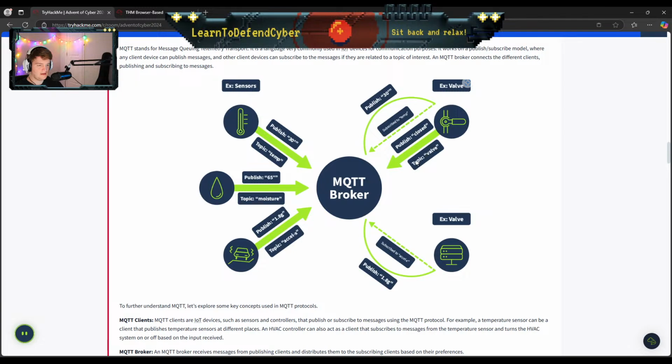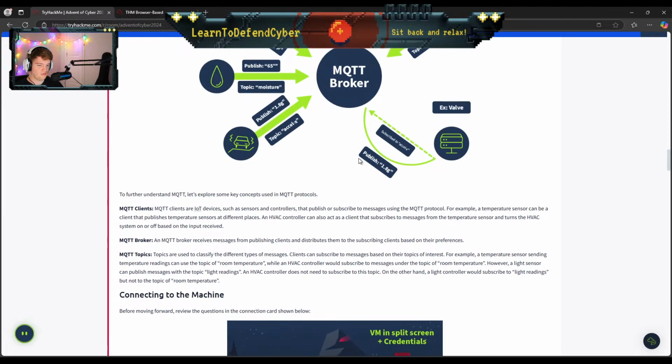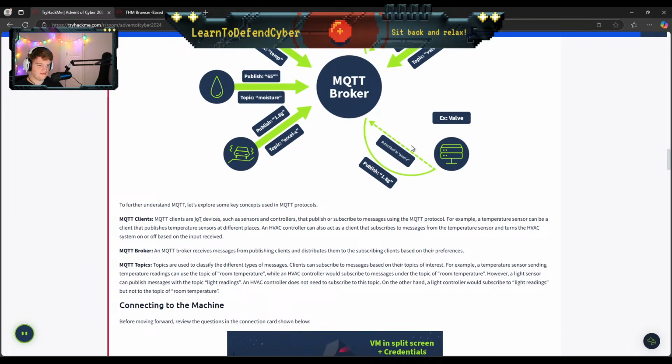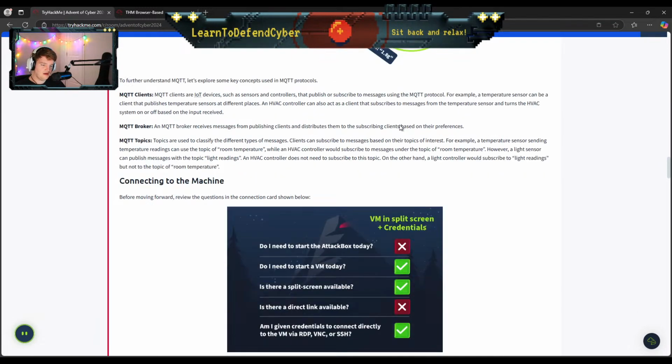So we might have a thermometer that says, hey, publish the value 30 for temperature to the broker. And the moisture is 65 degrees. And your car is seeing that you're accelerating a certain amount. I don't know what the G stands for. I would assume grams? I don't know. It's weird. Either way.